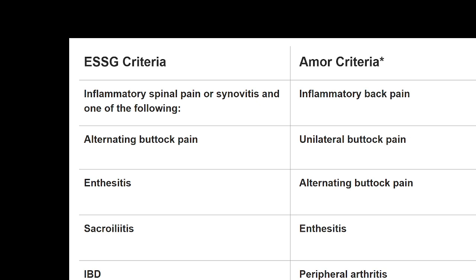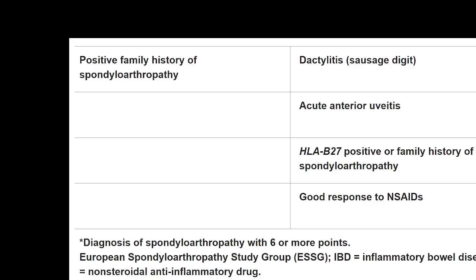To give the scores: if the patient has inflammatory spine pain or inflammatory back pain, 1 point; alternating buttock pain or unilateral buttock pain, 1 point; enthesitis is 2 points; sacroiliitis again 2 points; inflammatory bowel disease or peripheral arthritis 2 points; positive family history, dactylitis, acute anterior uveitis, HLA-B27 positive history. These are given scores, and based upon that, a diagnosis of spondyloarthropathy with 6 or more points is considered to be